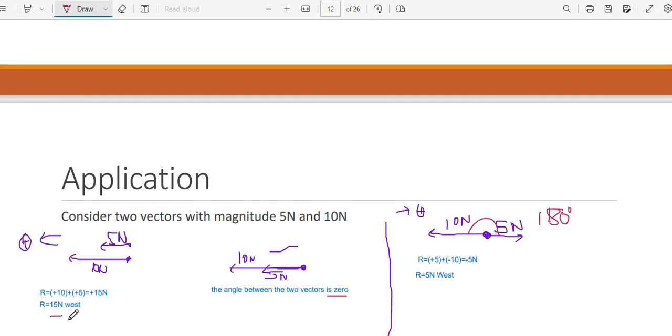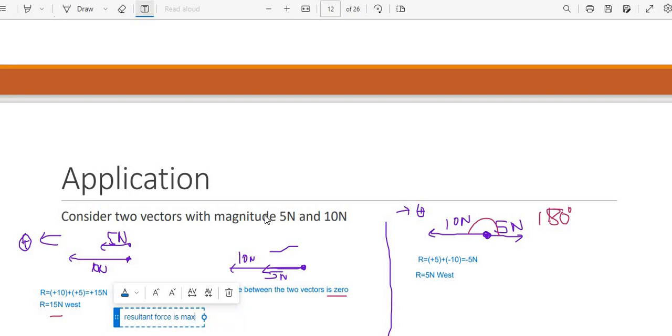If we compare the two resultants that we have, this is larger than that one, larger in magnitude. So it means that the resultant vector or the resultant force is maximum